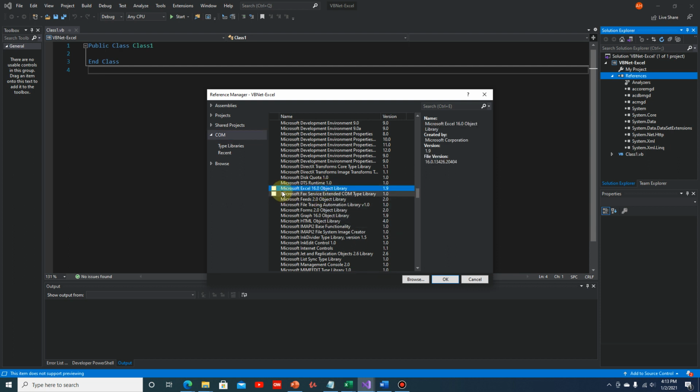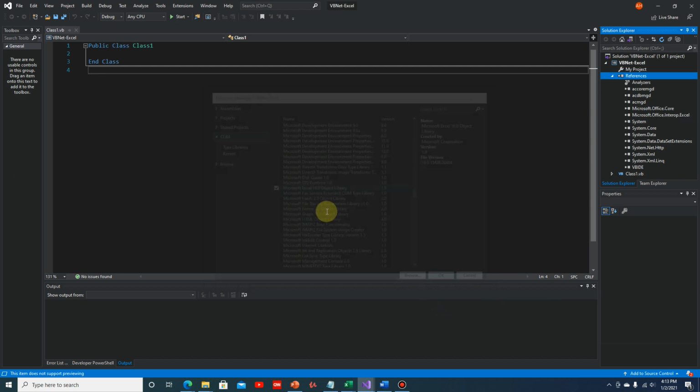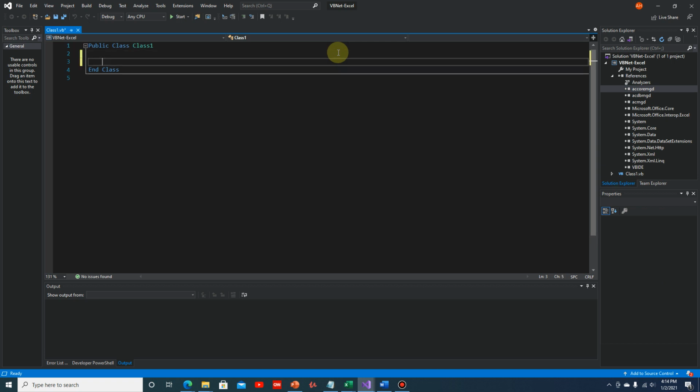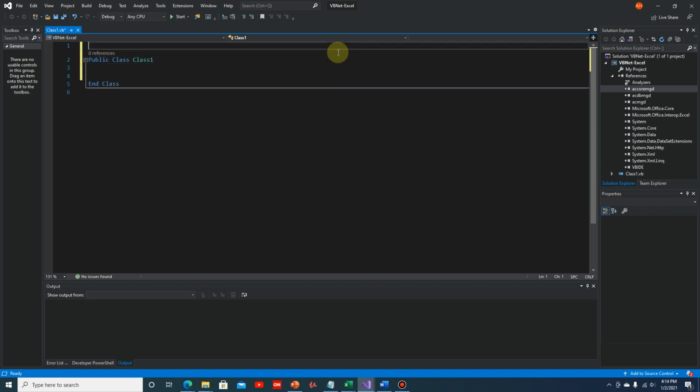This one here, Microsoft Excel 16.0 Object Library. Okay, so now we have here the Microsoft Office Interop Excel and the three .NET APIs. Okay, so the next thing that we should do is to import all of those namespaces, or all the libraries, the AutoCAD .NET libraries. So, Imports